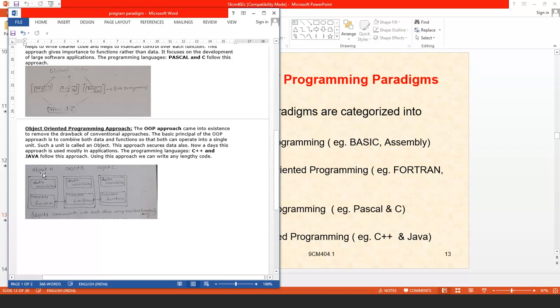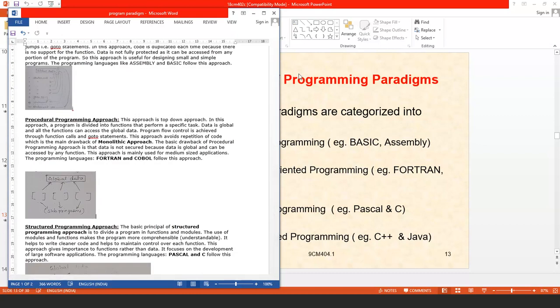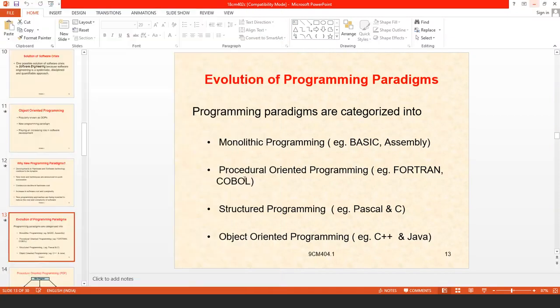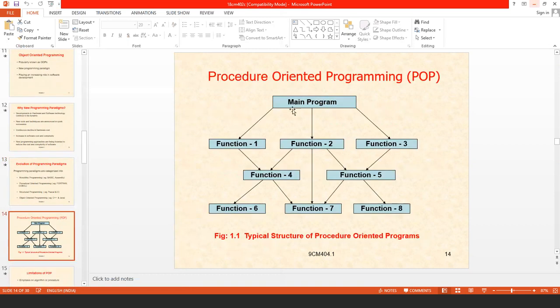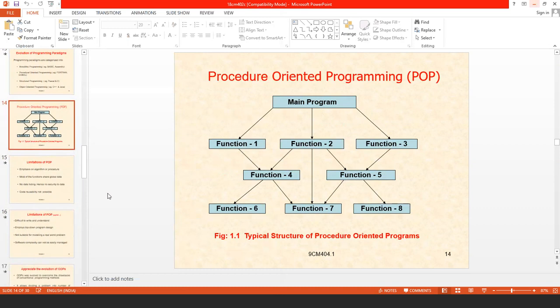Like this, we are providing security over the data in object-oriented programming. It emphasizes data rather than the procedure. So these are the four different types of programming paradigms. Procedure-oriented programming, we already discussed, we have seen the diagram: the main program divided into a number of functions.